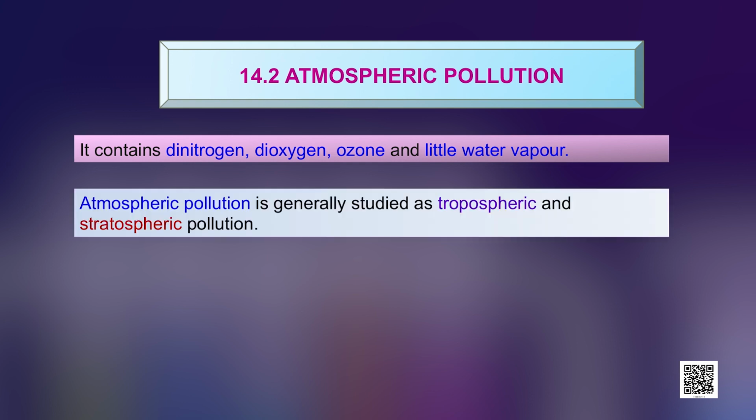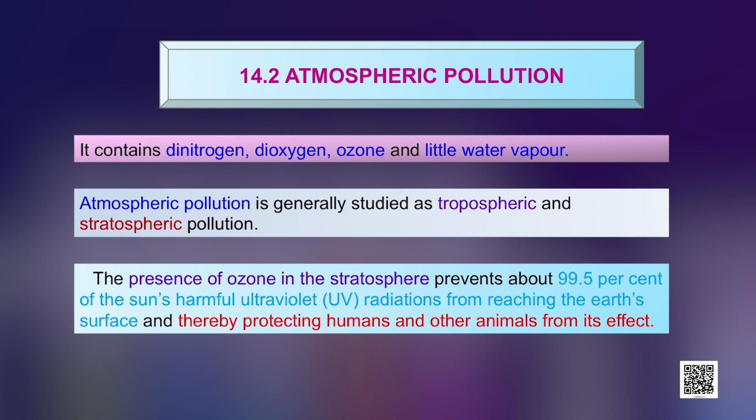Atmospheric pollution is generally studied as tropospheric and stratospheric pollution. The presence of ozone in the stratosphere prevents about 99.5% of the sun's harmful ultraviolet radiations from reaching the earth's surface and thereby protecting the humans and other animals